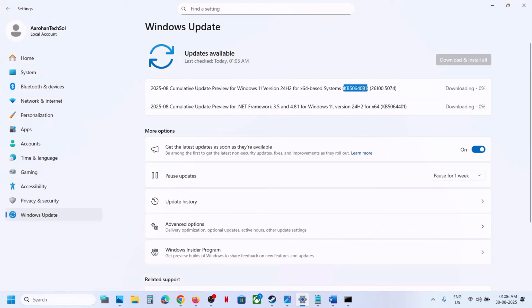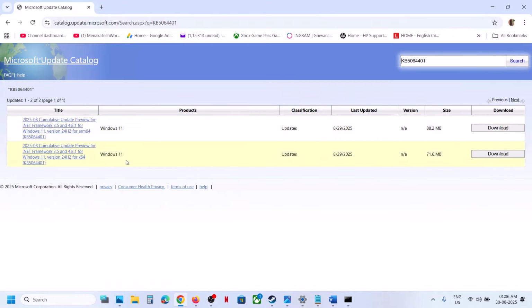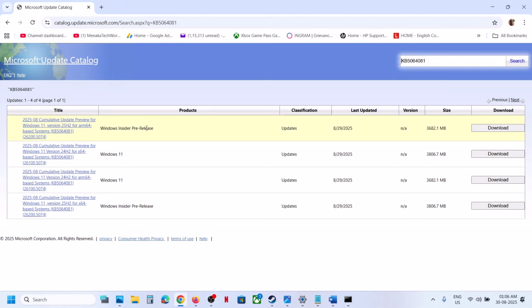This one, KB5064081. So you can search both the update and you can install the update manually. Now once you find the update, now over here, for me it's Windows 11 version 24H2. I have 24H2, Windows 11 version 24H2 x64 based system. So you can check